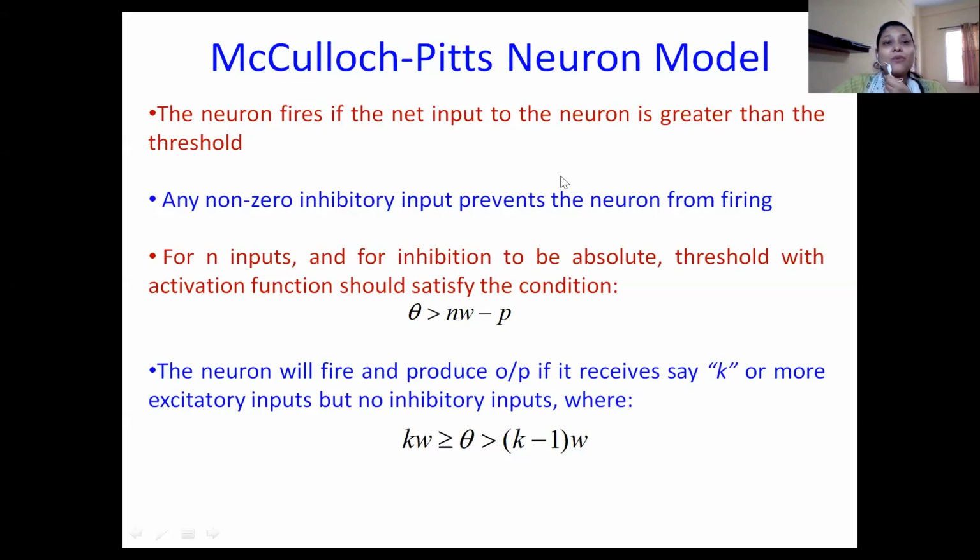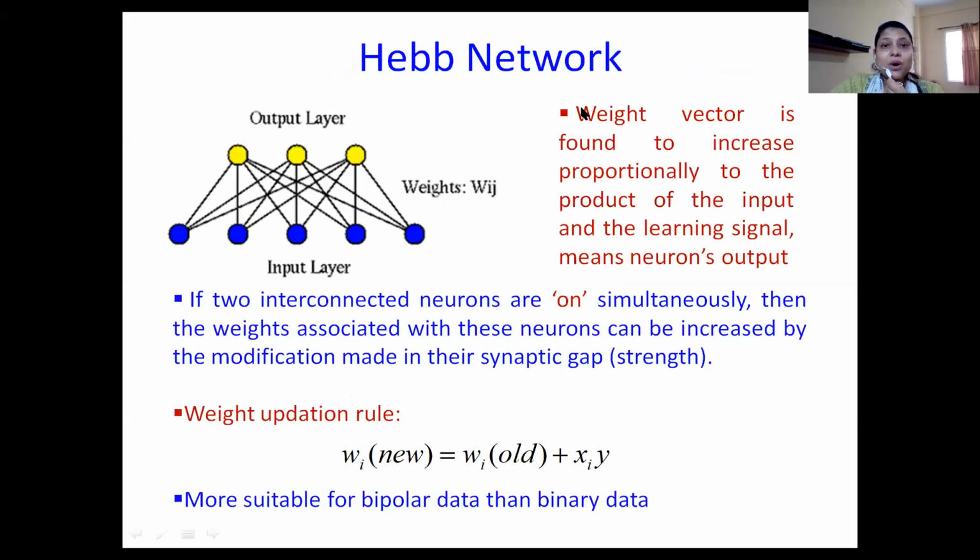Now, a better model than this McCulloch-Pitts model, but a simpler one, which is also a popular one, is called the Hebbian network, or Hebb network. In that particular network, what happens is that whenever